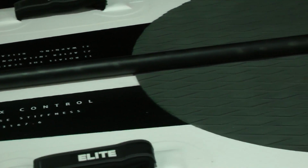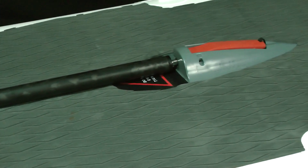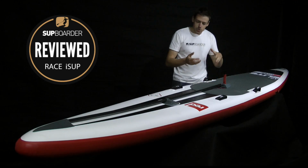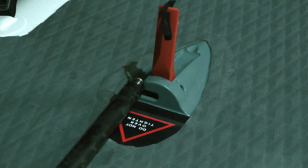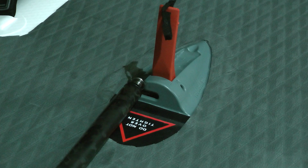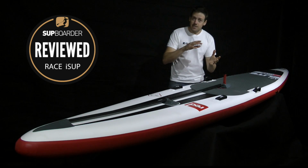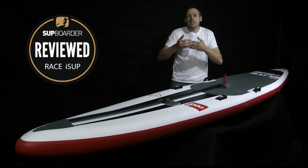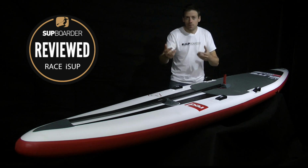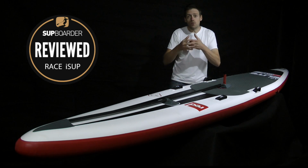Well, it's a carbon rod that goes through these eyelets into a point at the end there to make the board stiff. The way to put it together is you pump the board up a little bit, you slide the rod into this position so it's loose and not in the cam lock, and then you have to inflate the board to about 16 to 20 psi. You need to get the board stiff, and you actually need to get the board to stretch a tiny amount. You don't imagine the board stretching, but because these are PVC, these boards will stretch,